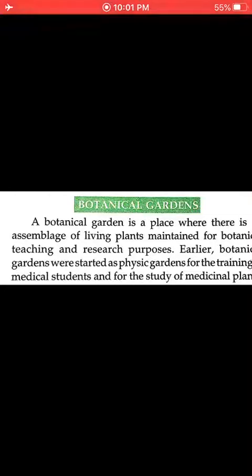Because of these botanical gardens, we are getting exotic species. I will take the example of sweet corn. Sweet corn, which we purchase from the market, has a great taste and a lot of seeds. But basically, it is a result of a laboratory, a product which came out of the botanical garden kind of work.